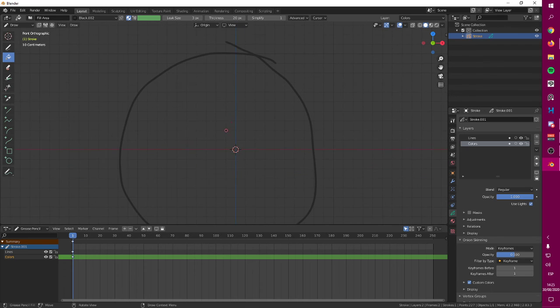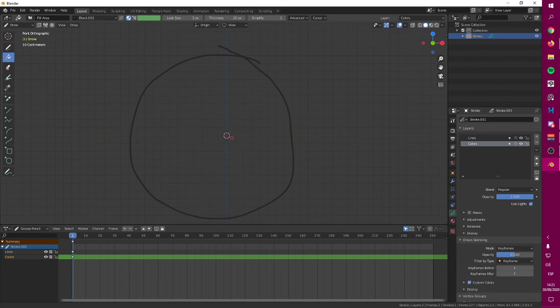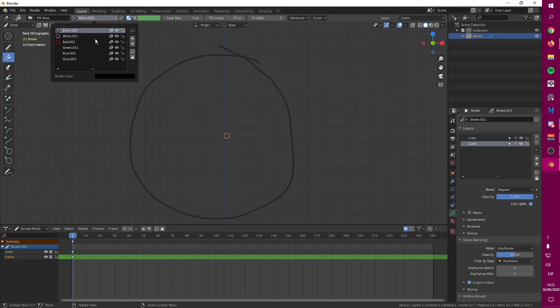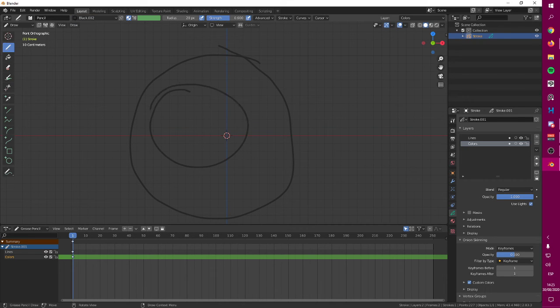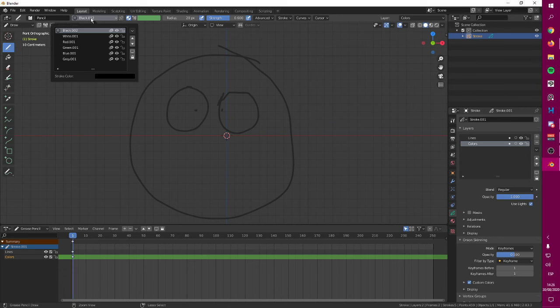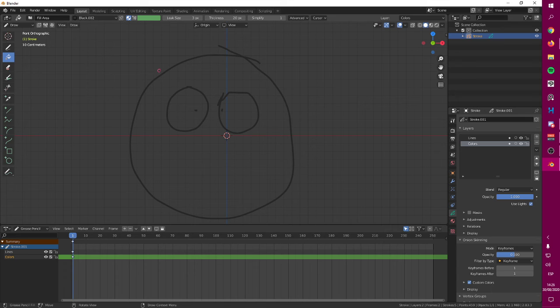Let me go in front mode, okay. Because you're still using the material for this black line, the same that you're using for doing your drawing. You're painting with a line. So the only thing that you are painting, if you select this, is a line in here, you know?